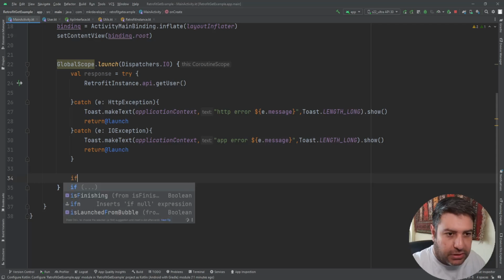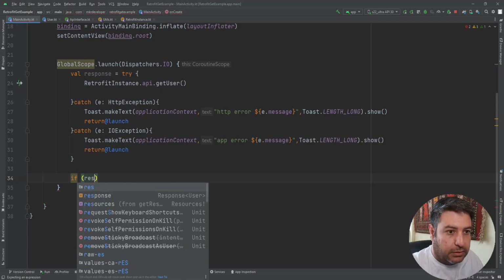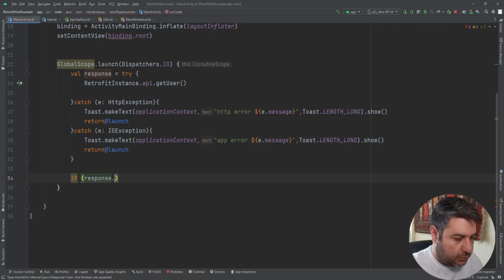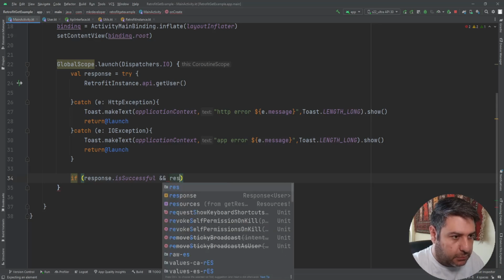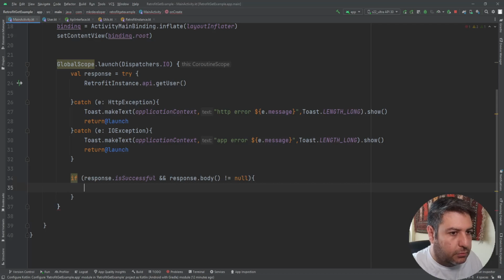Again, we have to check if we have a value here or not. So I'm going to write if response dot is successful, and response dot body is not equal to null. Then we are going to extract the